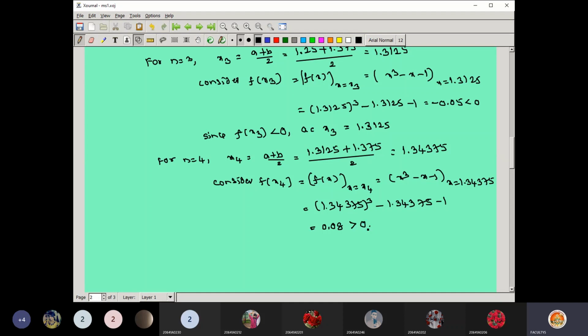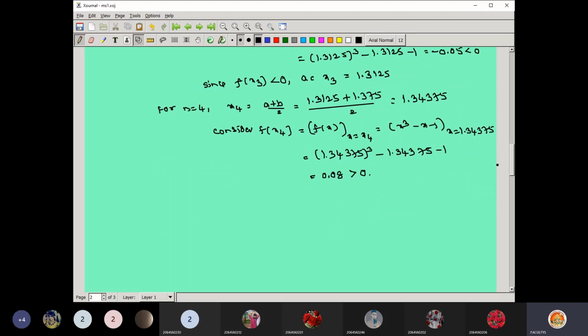If you have patience, you can go for the next approximate root and so on till you get f of x equal to 0. But as per your time, better you stop at 5 approximate roots. Therefore, you can write down your final root. So you just make a statement after getting the 5 approximates. So repeating the same process, the approximate root is given by,